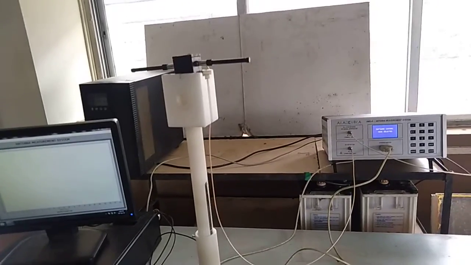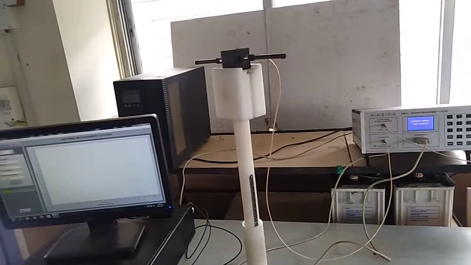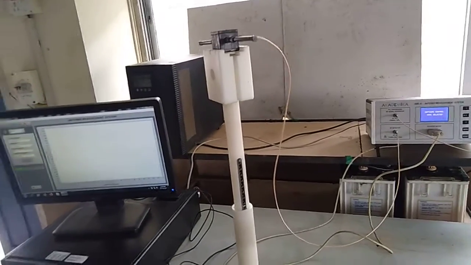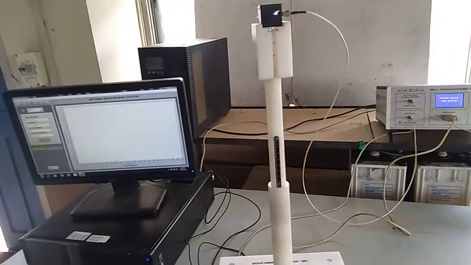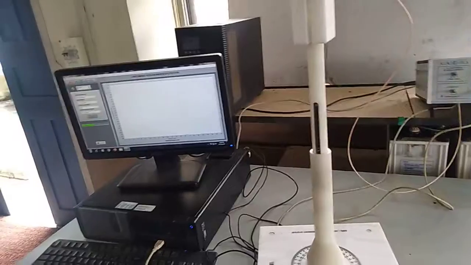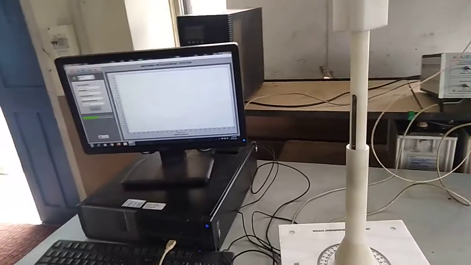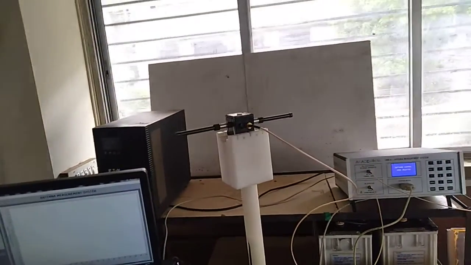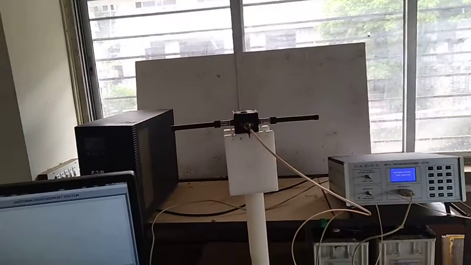As it is connected to the computer, the data collected by the RF detector is transferred to the antenna measurement system software in the PC. After that, it is going to draw the pattern. So that part we will see.